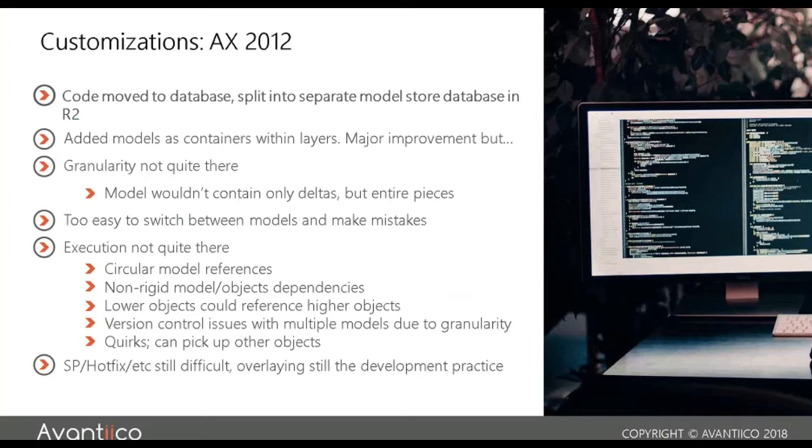We've seen issues where people accidentally are in the wrong model. It's very easy to switch between the models or start AX up in the wrong model. There were some issues with version controls if you used multiple models in the same layer. And it was still overlayering. So again, if you modified a standard object and a hotfix came out, you've got to merge that and go through that process.